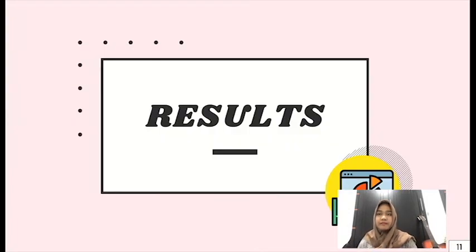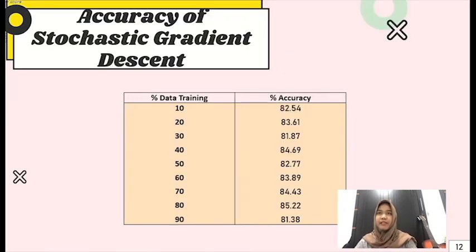For the results, the accuracy of stochastic gradient descent is as follows. When the training data is 10%, the accuracy is about 82.54%. When the training data is 20%, the accuracy is 83.61%. For 30% training data, the accuracy is about 81.87%. For 40% training data,